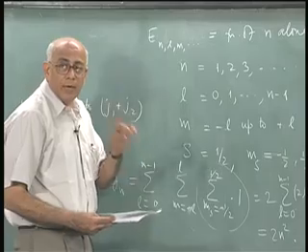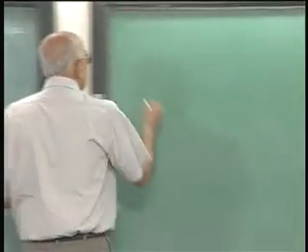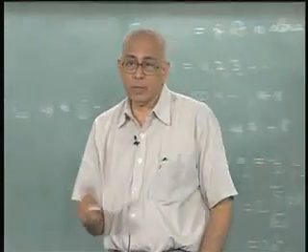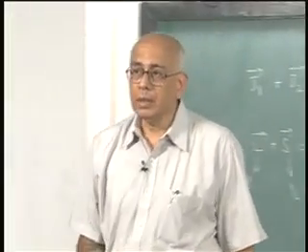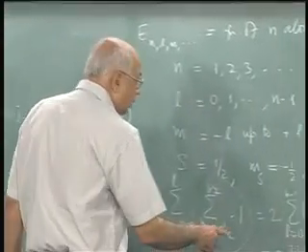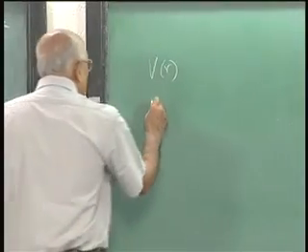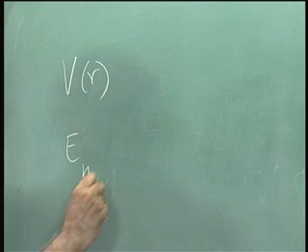In general, if you had a central potential alone, V of r, which was not a Coulomb potential or some very special potential like the harmonic oscillator potential, but an arbitrary general central potential with no special symmetries whatsoever, then what would the degeneracy be for a particle of spin half? There is a factor 2 which comes from the spin, but over and above that there is a degeneracy in m. So in such a case the energy levels would be a function of n as well as L,